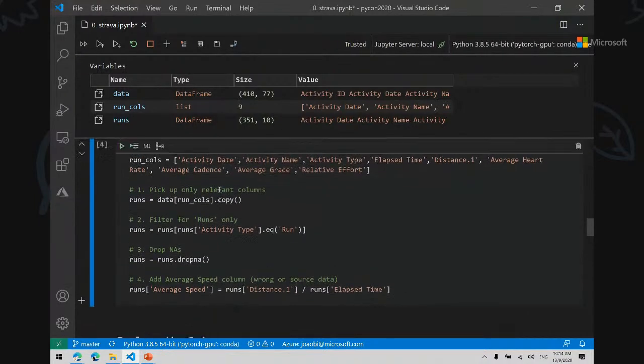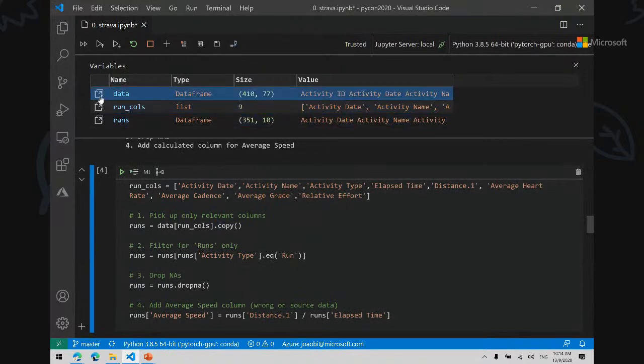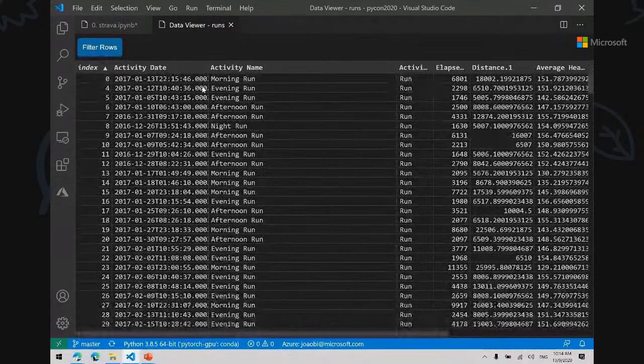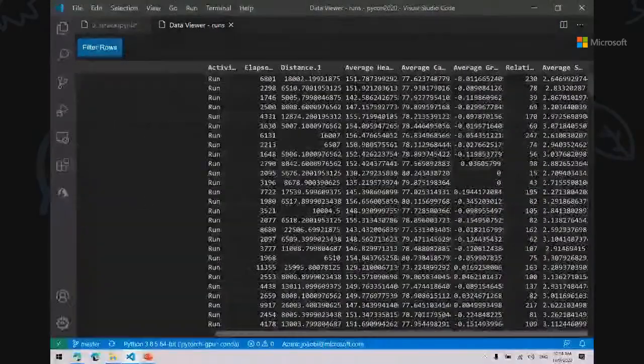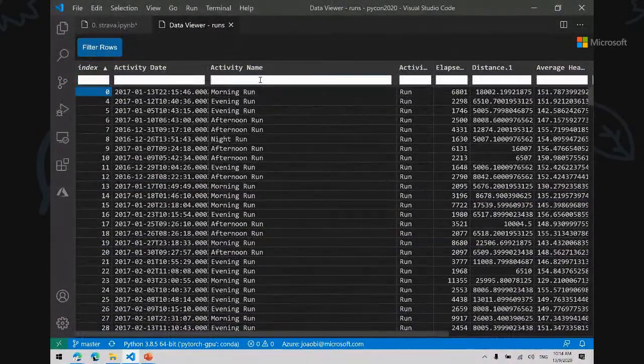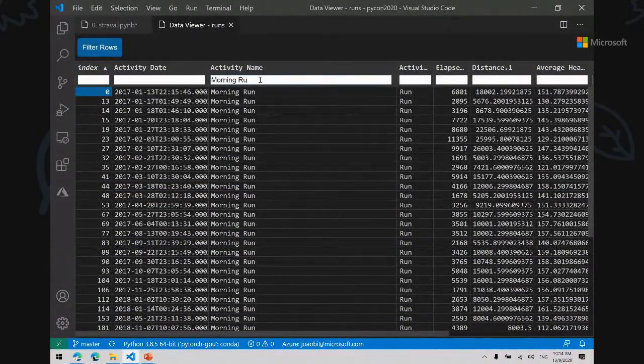One of the other things I'm going to take the time now to show is if you click here, for instance, on runs, you'll go into the data viewer. The data viewer will give me a way to filter the information that's on that data frame. So you see again, that's the filtered data frame that I built. I can go in and say I only want morning runs.